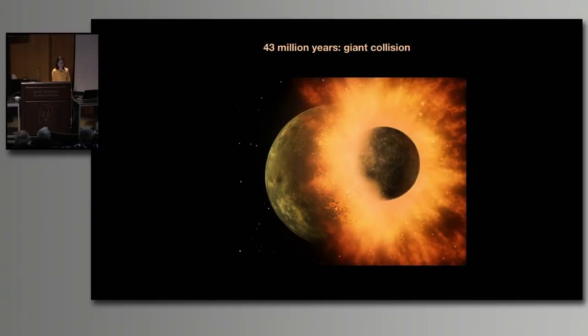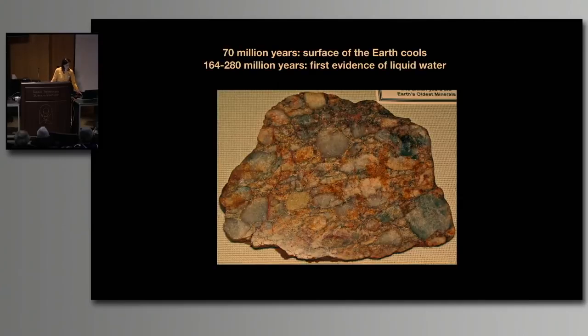But the young Earth was not a habitable planet because it was all covered by lava. So when did the surface of the Earth cool down? It is thought that this happened 70 million years after the solar system formed, and we know this because we can measure the ages of microscopic minerals called zircons. And this quartzite conglomerate found in Australia has these zircons, and people think these zircons form from the crystallization of magma that contained molten earth crust that was being recycled and that had been in contact with water near the surface. So that's the critical part, that zircons are evidence of water near the surface.